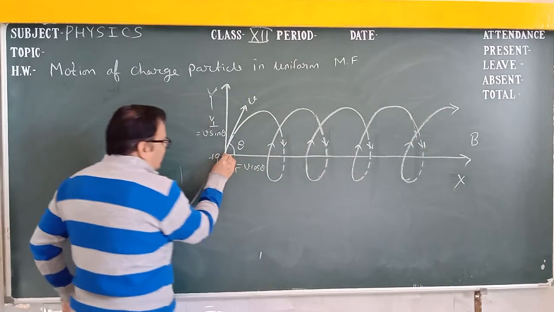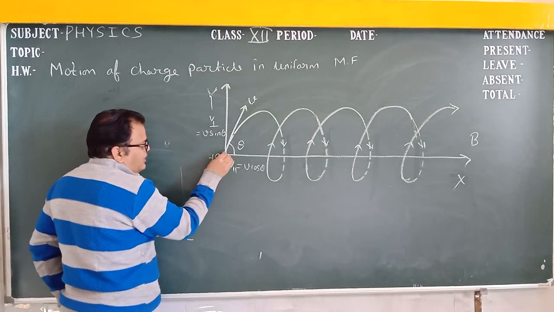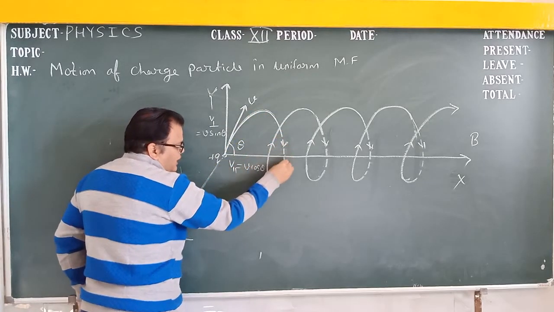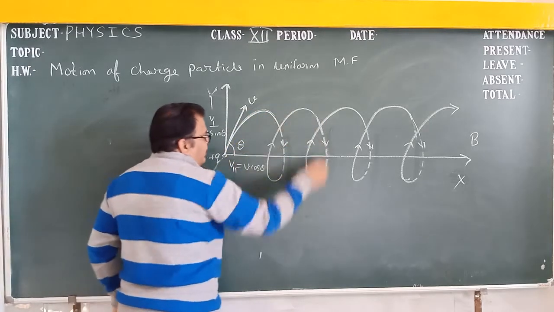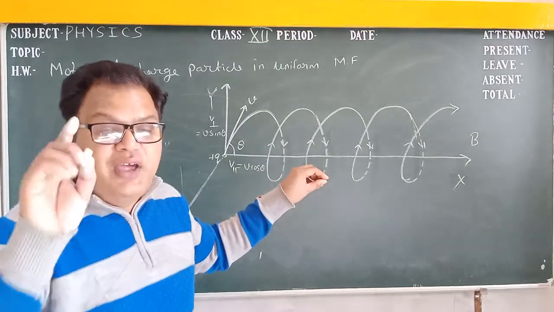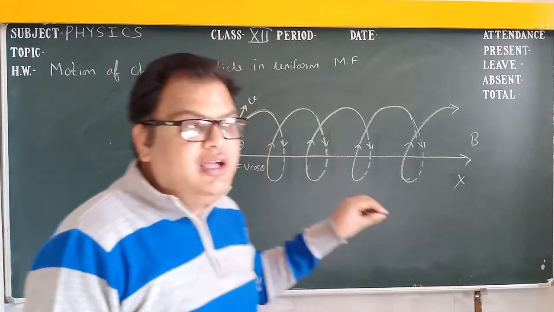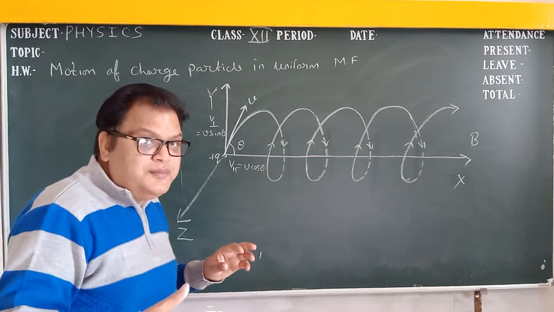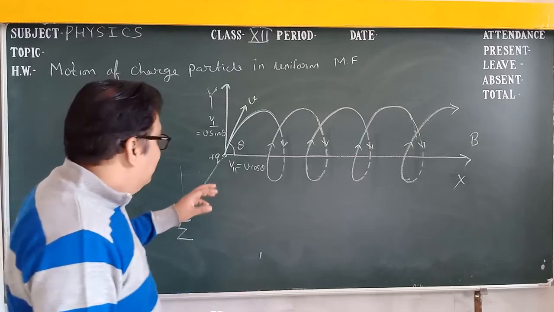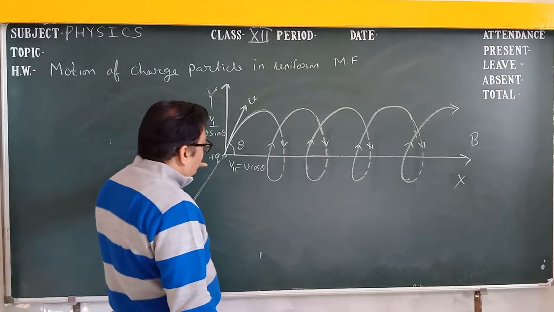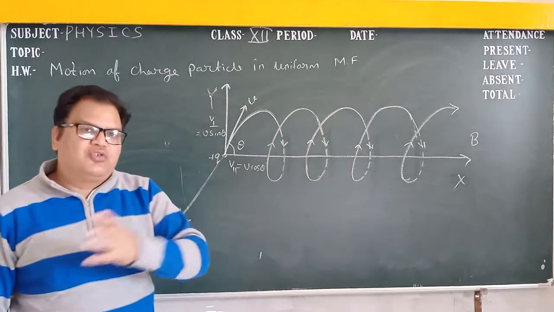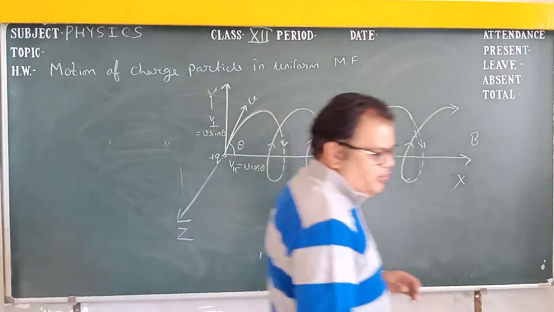And if the particle enters the magnetic field, it revolves in this way. The arrow sign shows that it comes around again. We know that when a particle enters the magnetic field, it takes circular motion, due to V sin theta. But here it is circular motion as well as linear motion. Why does this actually happen? Today we are going to learn this.